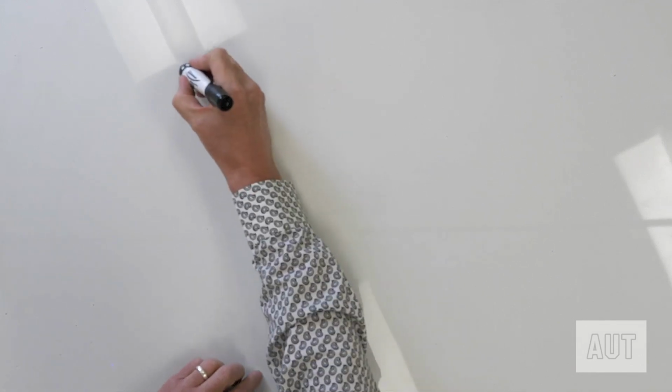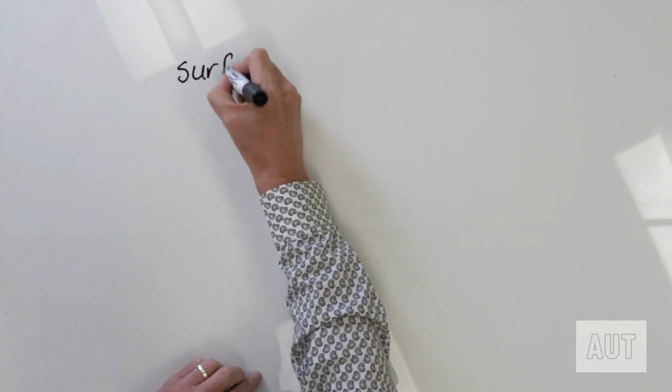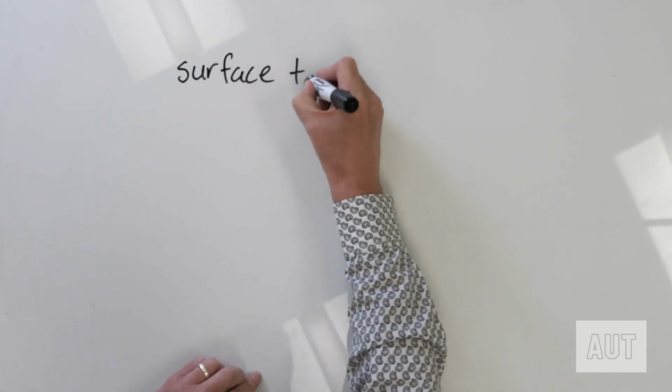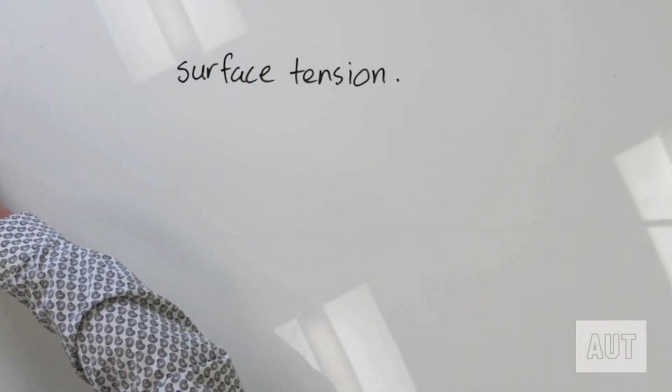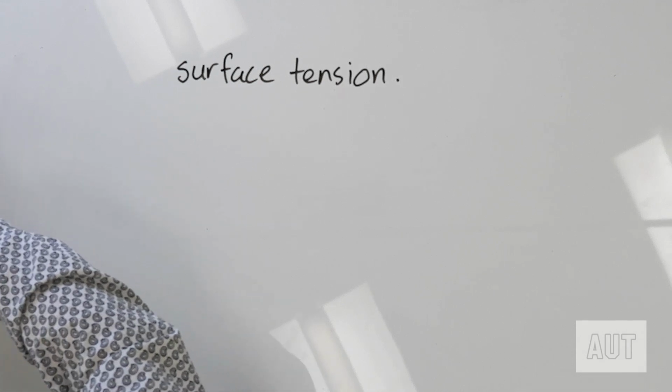Okay, so we talked about the defining characteristics of solids. They don't flow. Gases, they do flow, and they fill up the container into which you put them. Let's have a look at a couple of important characteristics of liquids. Okay, and the first of those is a thing called surface tension. Okay, so this is essentially peculiar to liquids, and let's have a look at